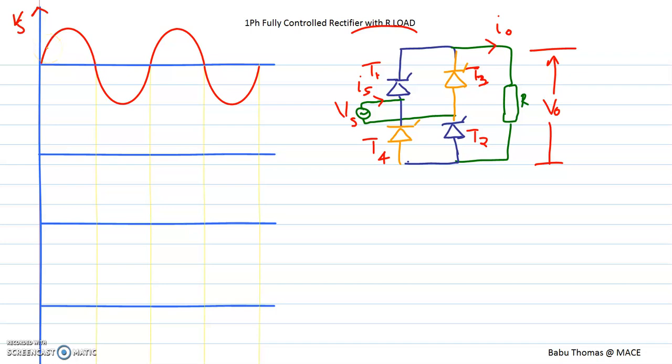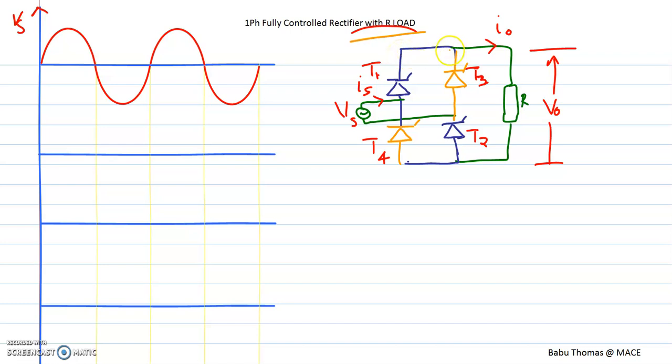Hi everyone. Now we are going to discuss a single phase fully controlled rectifier with a resistive load. So in the system you will have four thyristors, T1, T2, T3 and T4, which are named as shown here. And you can see that the thyristors,